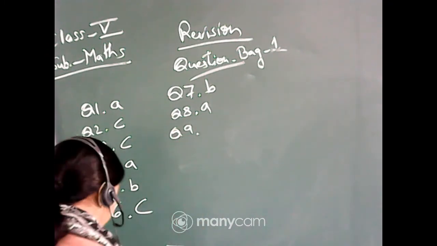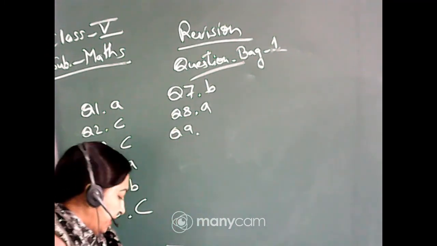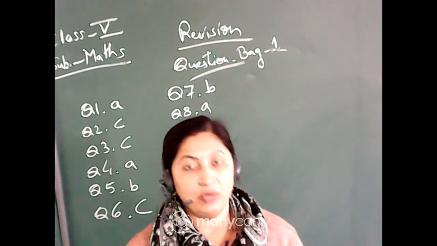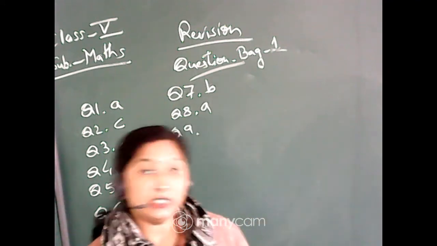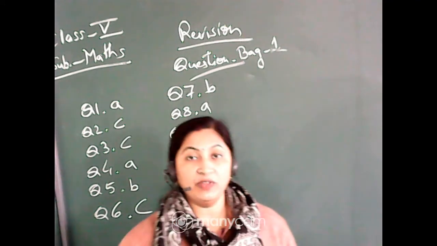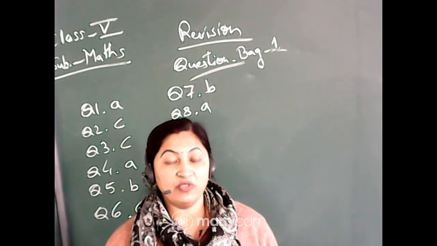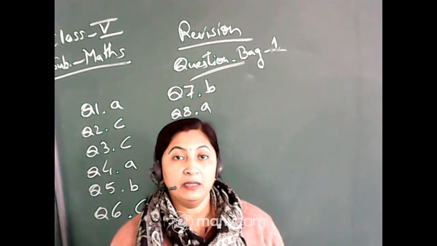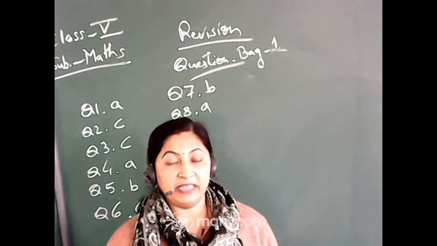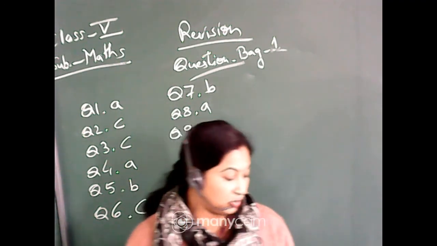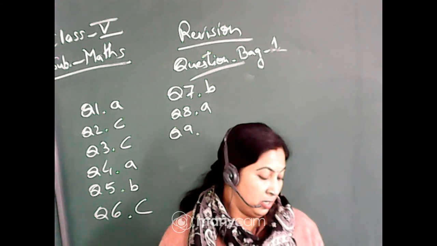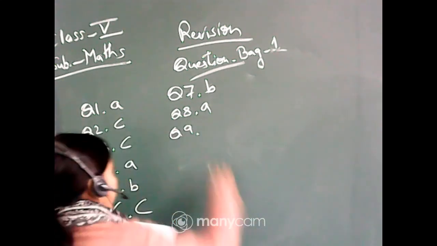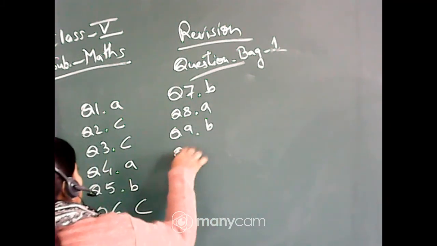Now number 9. 88 divided by 0.08. With the same pattern, you have to do this one. 88 divided by 0.08. So remove the point in 0.08. That means you have to multiply by 100. So this will be removed, and that 100 will go with the 88. So 88 and 00. That means 8800 divided by 8. When you are cancelling, the answer will be number B. Yes, the answer will be number B.